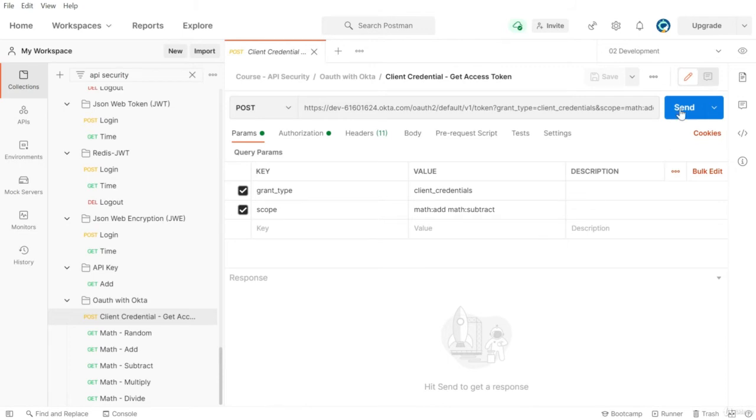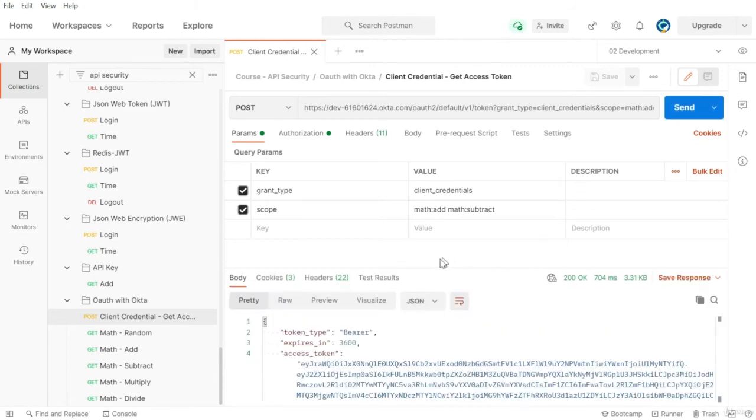Now, I will hit this and get several fields in the response. Token type is bearer, indicating this token must be included as the value of a bearer token. Expires in is 3600 seconds, meaning this token is only valid for the next 1 hour. This long value is the access token, which is basically a JWT.